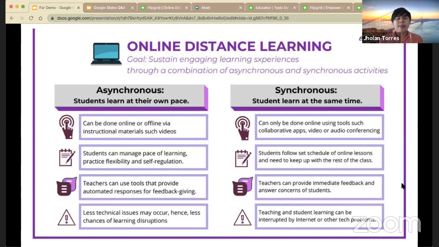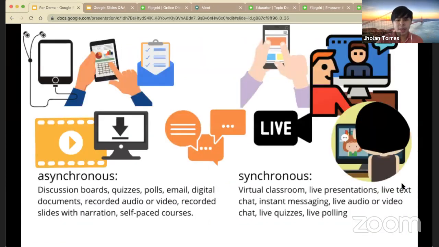Kailangan kahit napakalayo nyo, you need to bridge the gap so that your students will think that andyan lang kayo sa tabi nila. And you're there to support their understanding, to validate their understanding, and to evaluate their learning. So, ayun po. So again, that is synchronous and asynchronous learning.